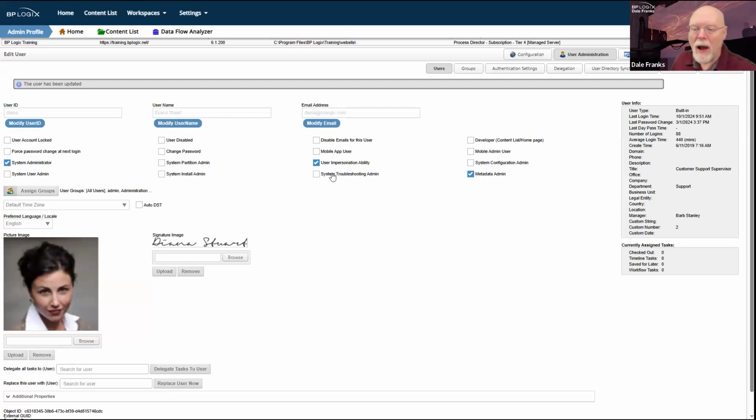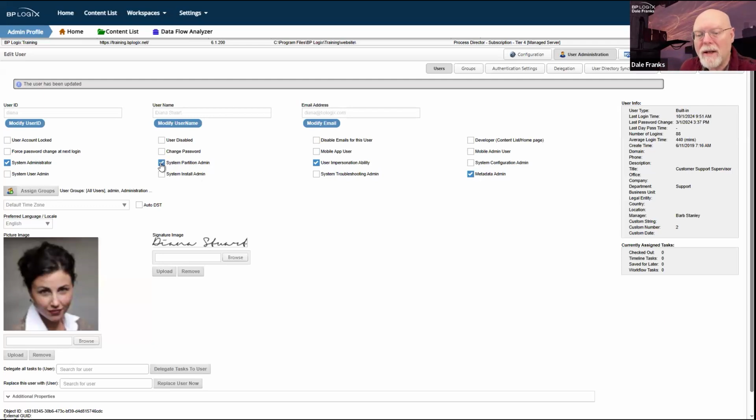Finally, you have a partition admin. And partition admin, and I know I just saw it here, right there, system partition admin. This is a special kind of admin authority that you can grant to a user.